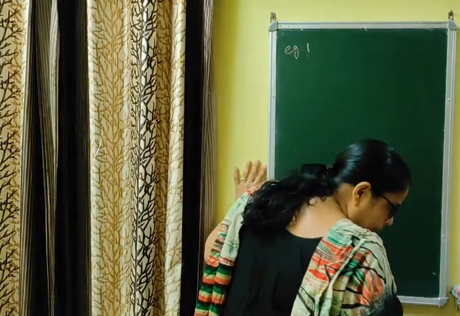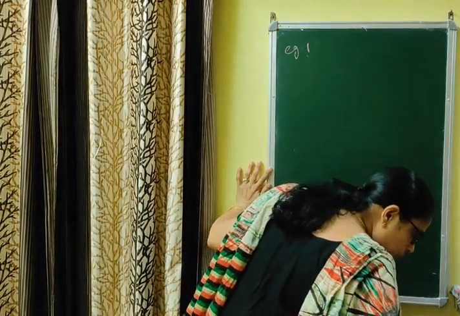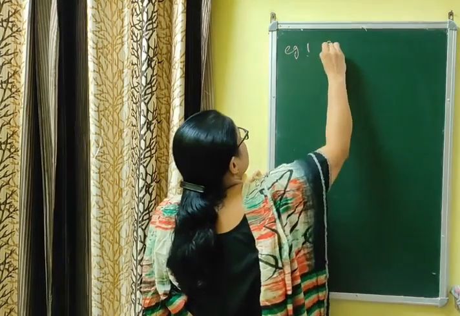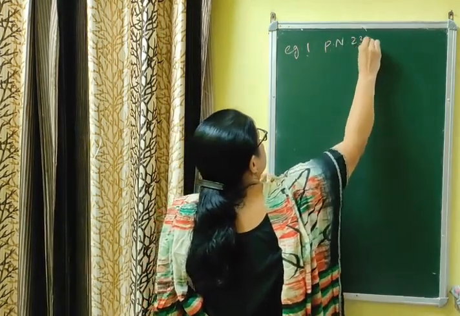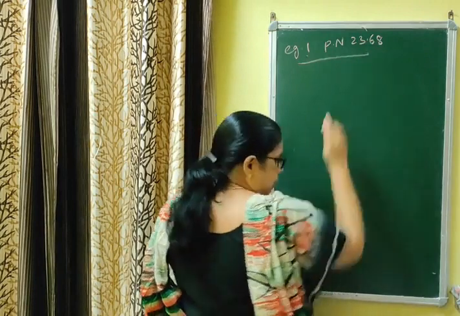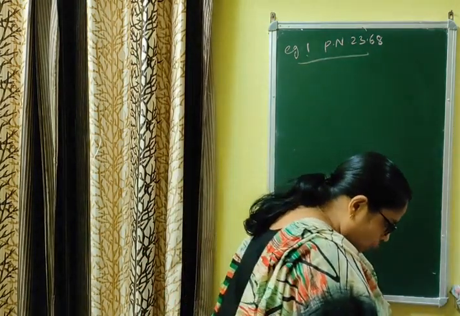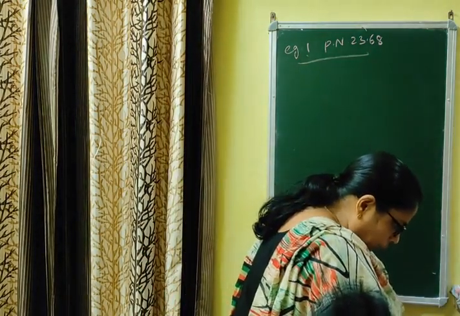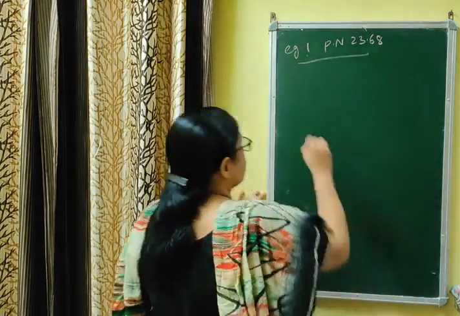Example 1, page number 23.68. The question is very simple. I am reading the question: Transform the equation of the line root 3x plus y minus 8 equal to 0